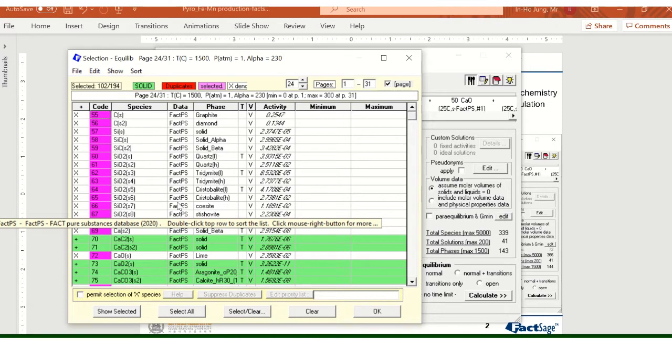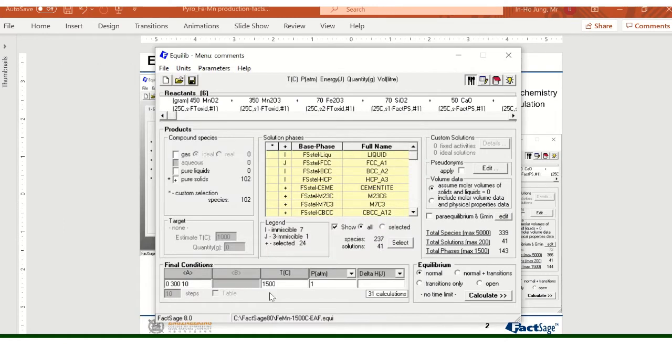So it's a kind of pre-selection criteria, and that's all done automatically. So in this way, we can remove the duplicate phase selection. And then you do the same thing for the gas phase. And of course, in the selection of the gas phase, we prefer to select the PACT-PS database as a priority database. Okay, and the pure liquid, you don't need it, because the liquid iron or liquid manganese